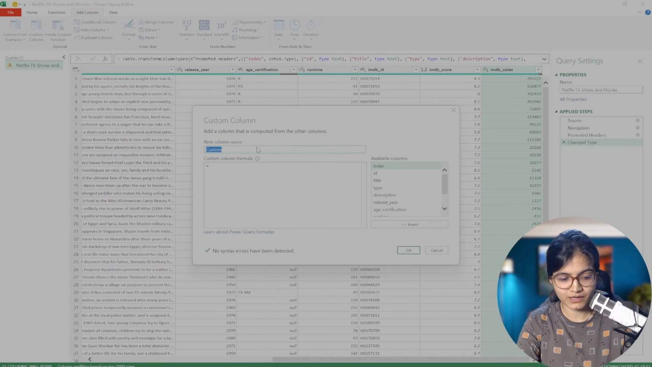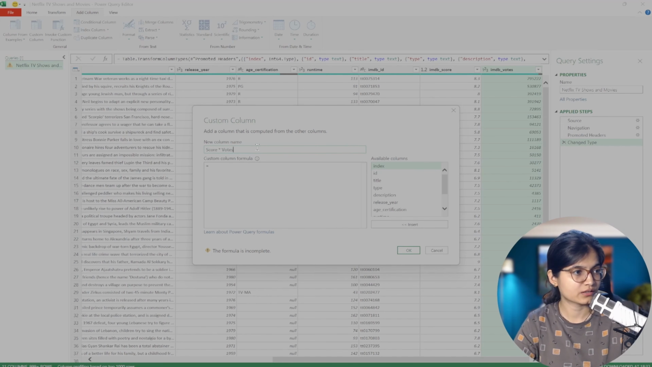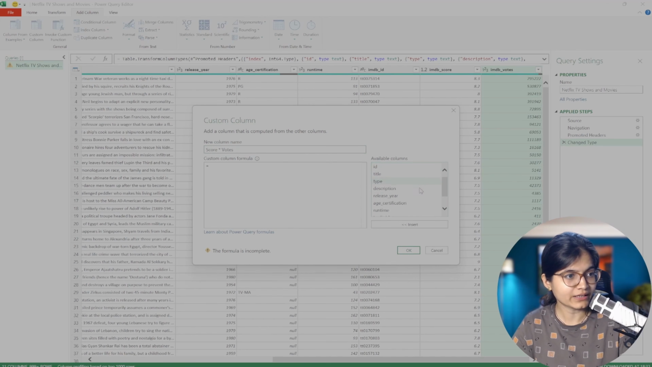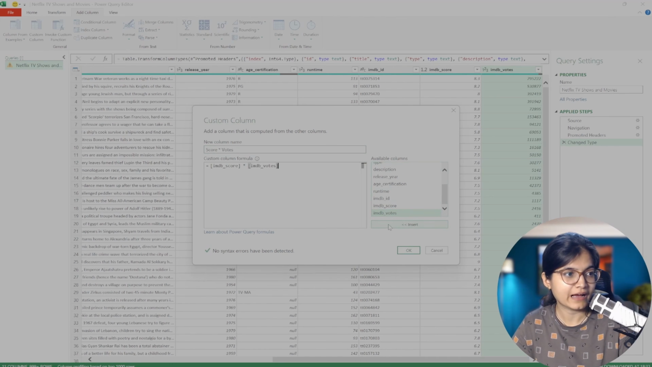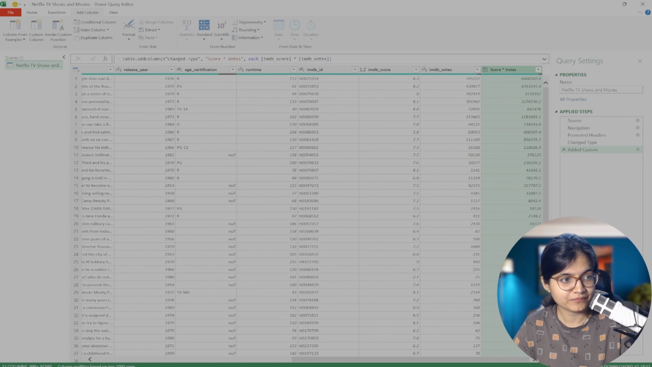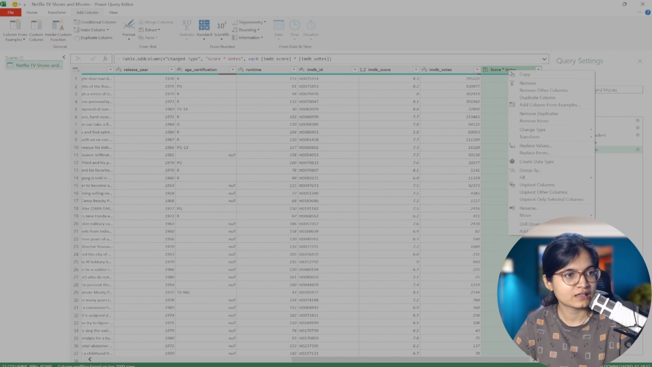So my column name is, basically I'm taking a score into votes. So basically what I will do over here, I will just try to take an IMDb score and I will multiply it with the IMDb votes. After that, I will click on the OK button. And as soon as I click on the OK button, I will be able to get a complete list of